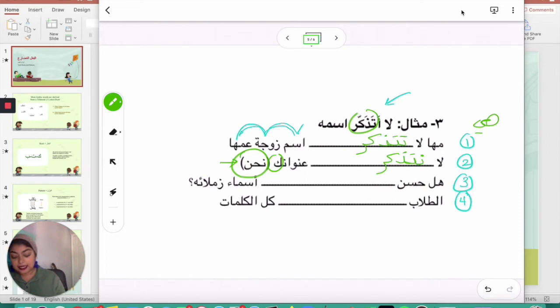3. هل حسن blank أسماء زملائه. أسماء زملائه. So أسماء are names. زملاء are peers, and this he is right here, his friends' names. That's an example of إضافة, which we did in the last chapter. So does Hassan, we're saying, does Hassan remember his friends' names? I hope so. So it starts with a ya. يتذكر. هل حسن يتذكر أسماء زملائه؟